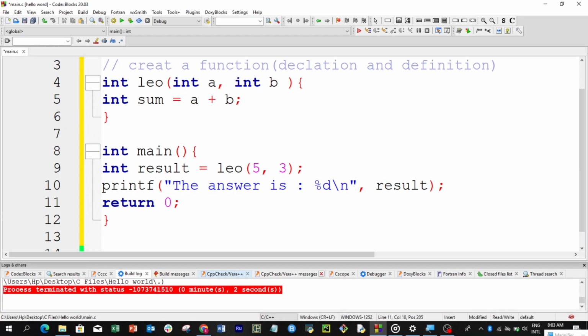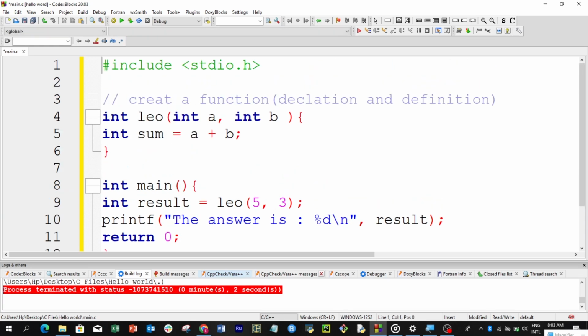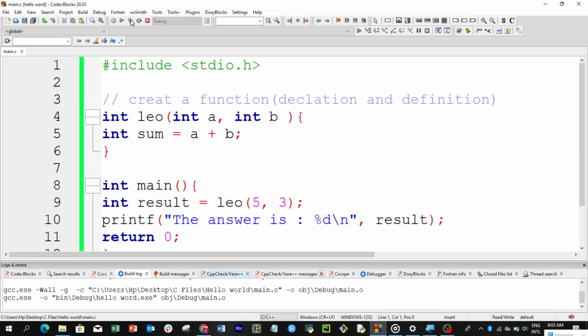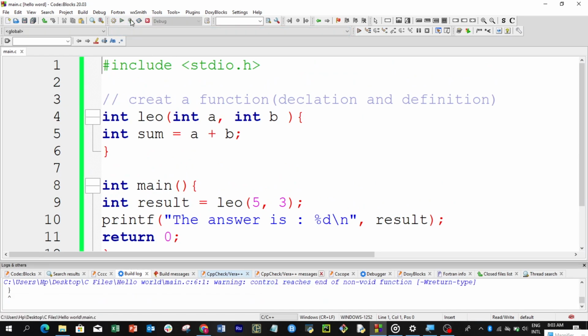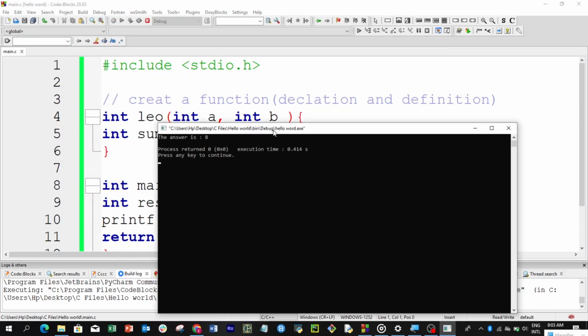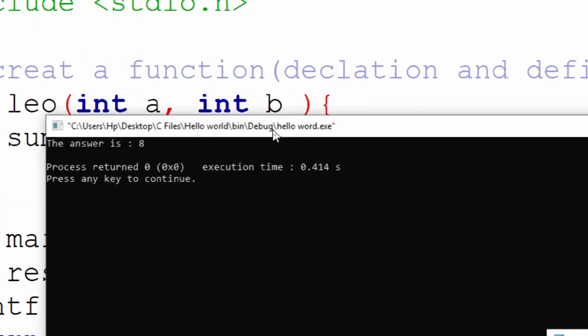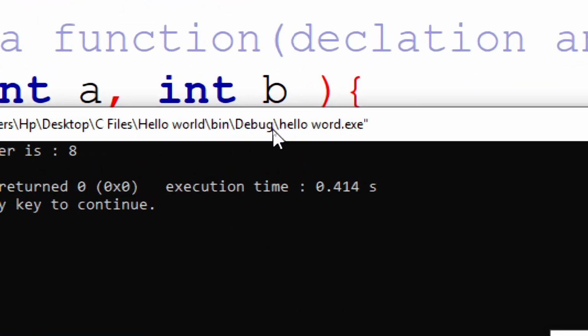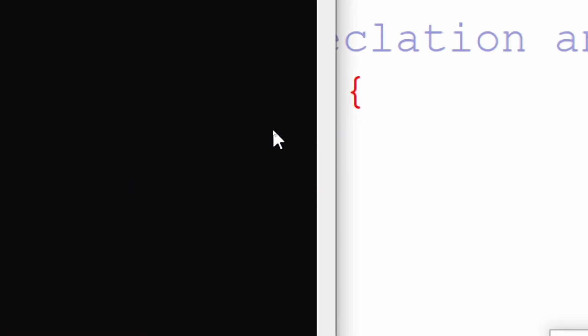All right, so this is an example of a function. Let's even run this and see what happens. The answer is 5 plus 3, that's going to give 8. I'm not sure why it is taking so long. Okay, so you can see the result is 8, and that is 5 plus 3. All right, so let's